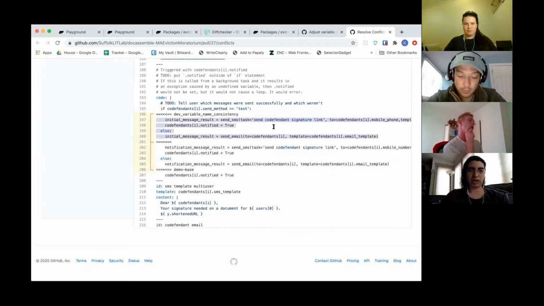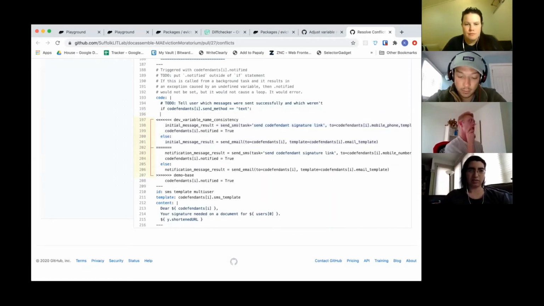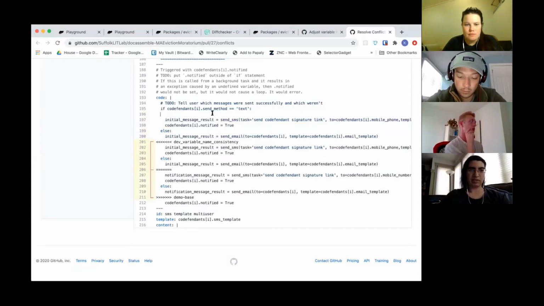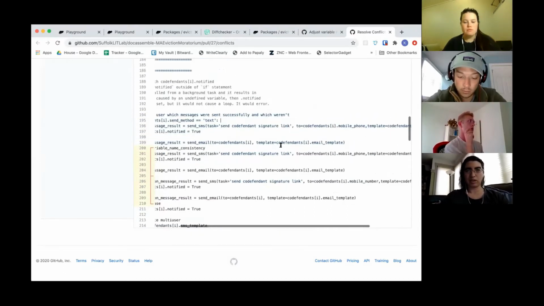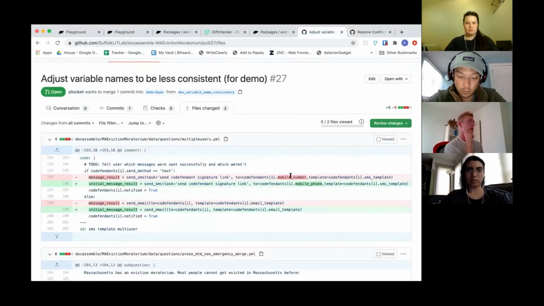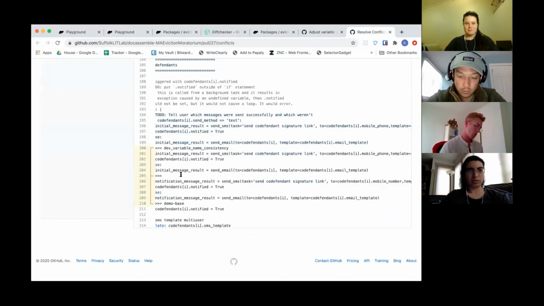For example, I can copy all of this and paste it here, right? And then say, I'm going to keep what I want to keep. I'm going to kind of cherry pick what I want to keep. I don't want to keep this change, but I do want the name to change. So I'm going to,